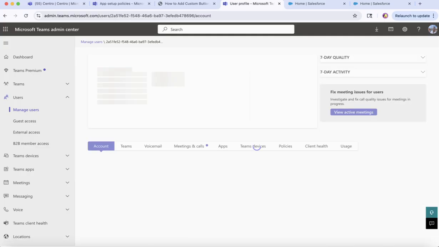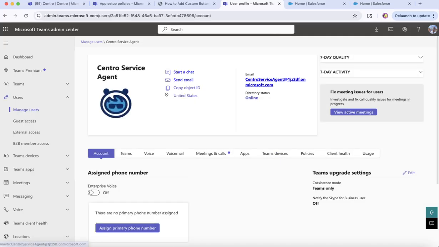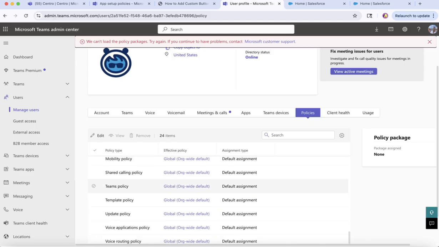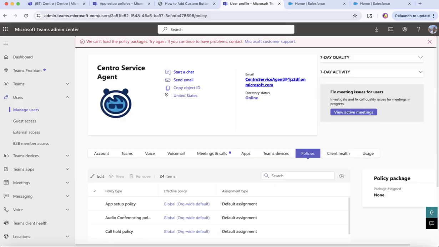In this case, we created the Centro service agent with a unique email, with an avatar, and this one does not have any other admin policies. So this is just a default user in this case, but you will need to know the username and password in order to authorize this agent user to be called from Centro. Once you have that,